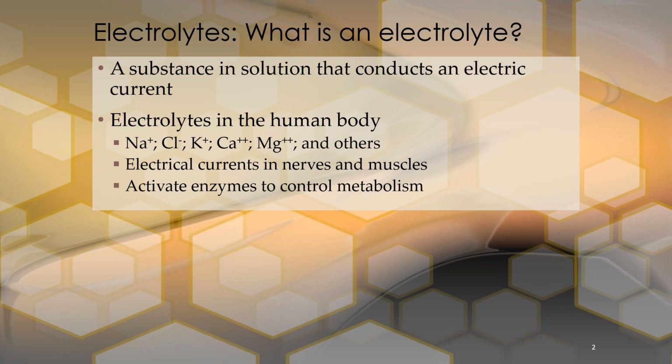Electrolyte balance is crucial for proper cell function and overall health. Disruptions in electrolyte levels can occur due to factors such as dehydration, certain medical conditions, medication side effects, and specific diets. Severe electrolyte imbalances can lead to symptoms like muscle cramps, weakness, irregular heartbeats, confusion, and even life-threatening conditions